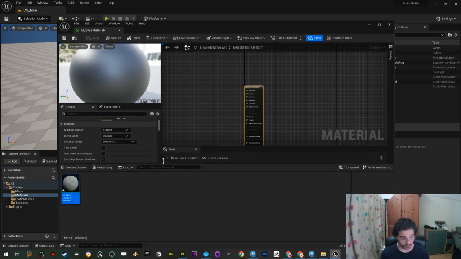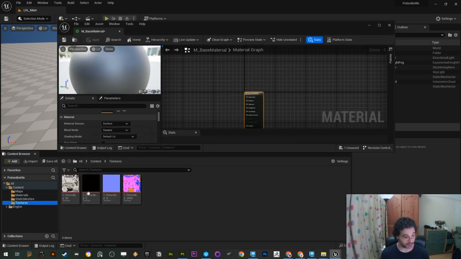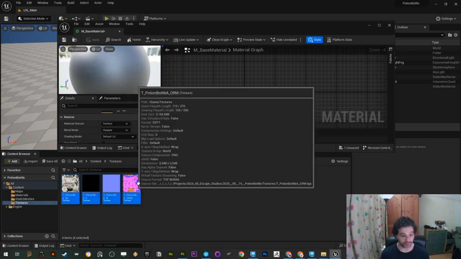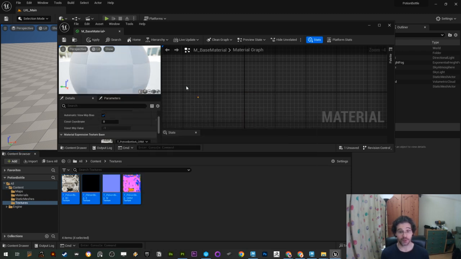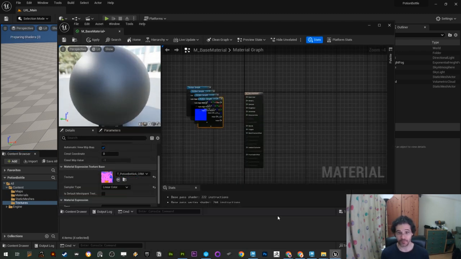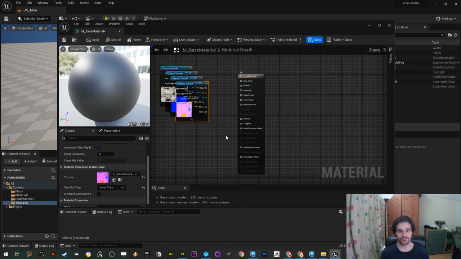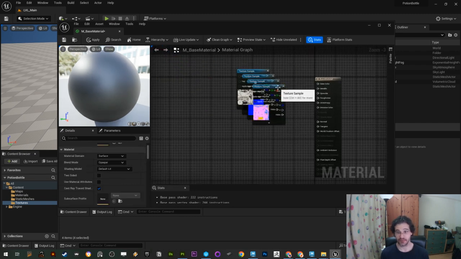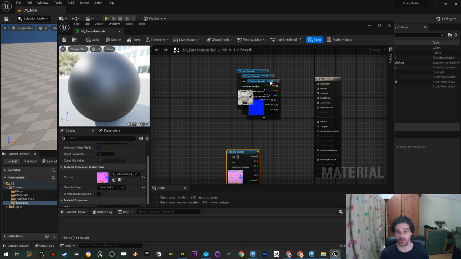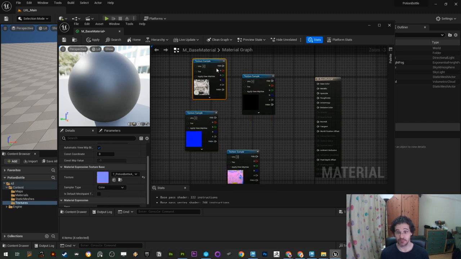So for this, I'm just going in here to my content browser, textures. I'm going to shift select the four of them and drag them here. Okay, so here we go. And now we're going to start selecting things. So let me just put them in order. The ORM texture, the emissive, which I don't need,